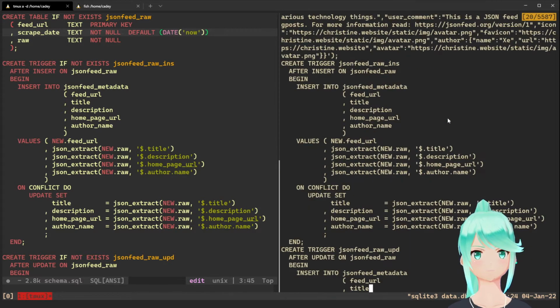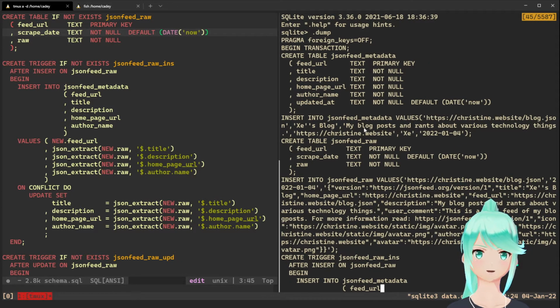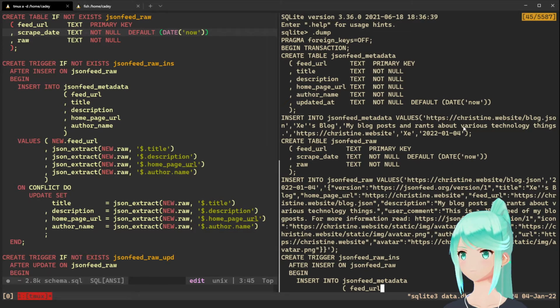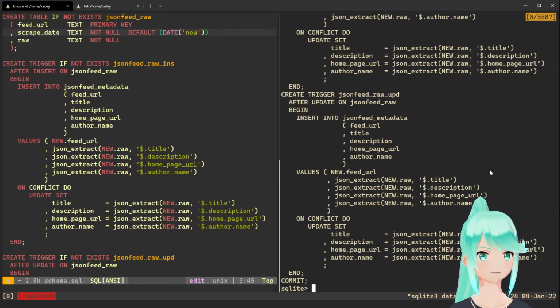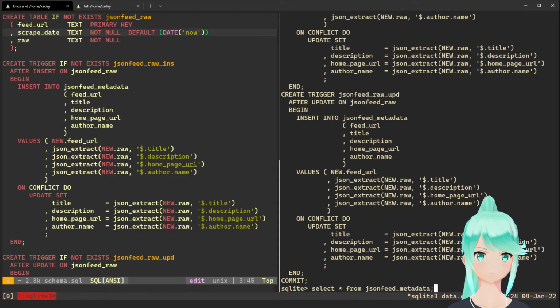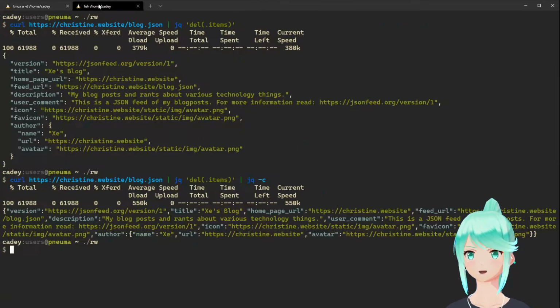We dump. Yep, okay, so as you can see now we have all of this. Cool. So if we select star from JSON feed metadata, we can see that there's also stuff like that in there. And as for importing things into there,